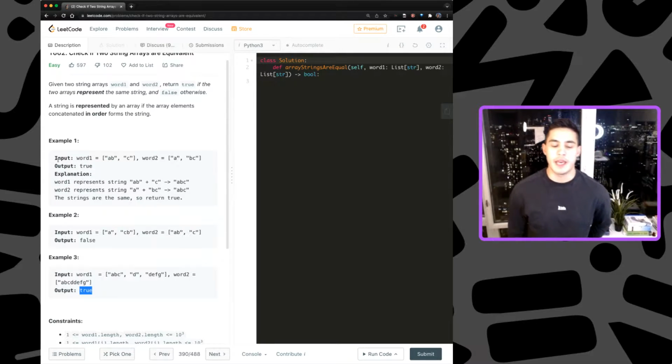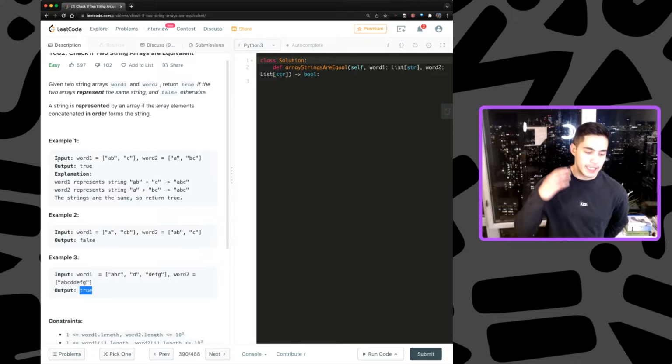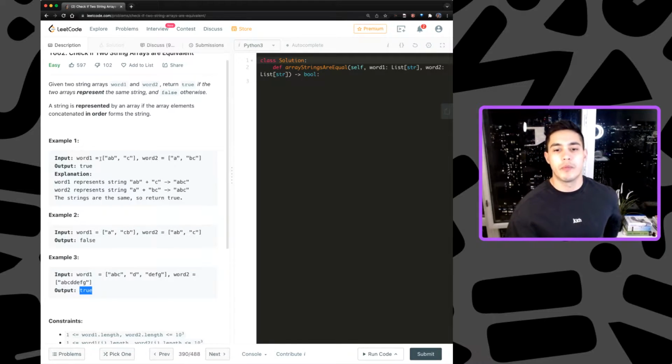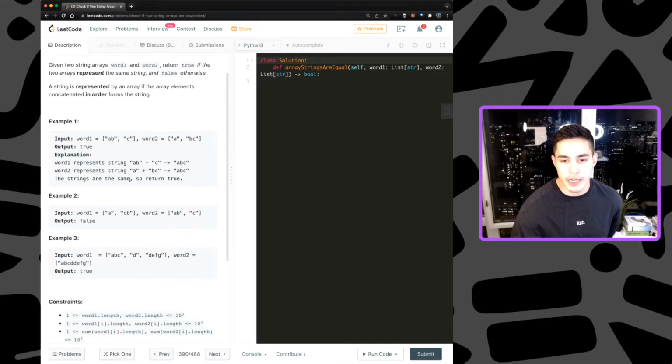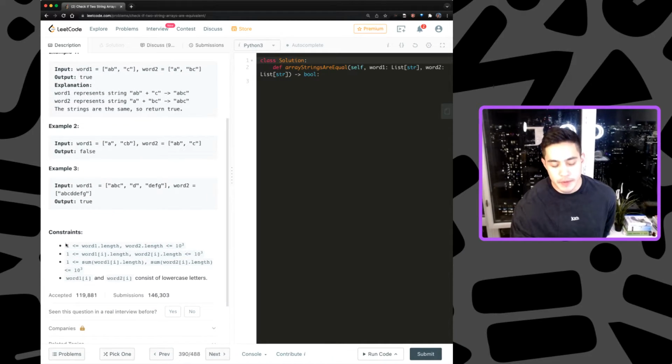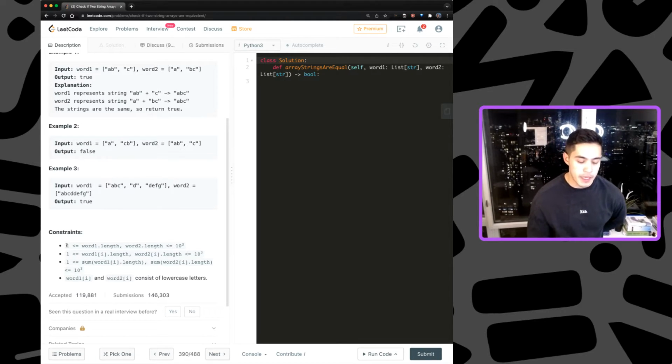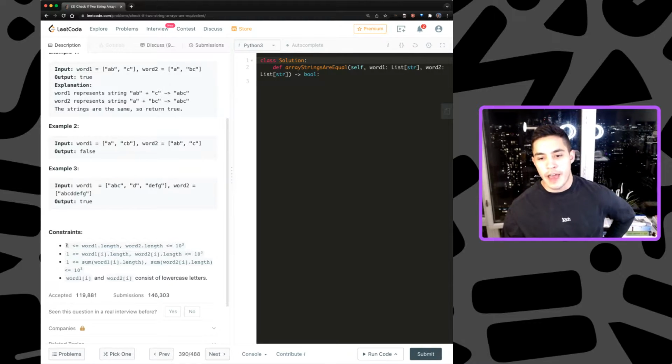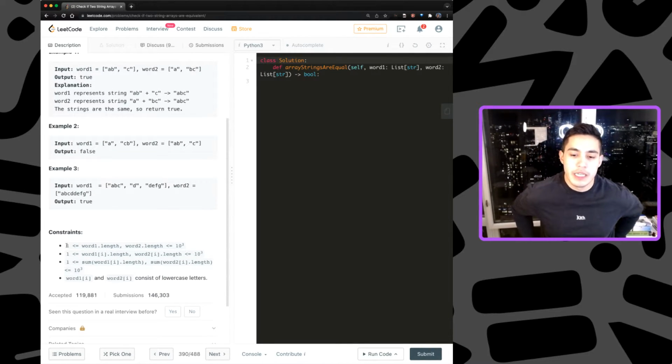So the next step, when you have an idea of what the solution generalizes to, is writing out the series of steps that perform this transformation, right? Like, performs this check. So the first thing you want to do in an interview is ask about your input. Like, is our input always going to be valid? Should we